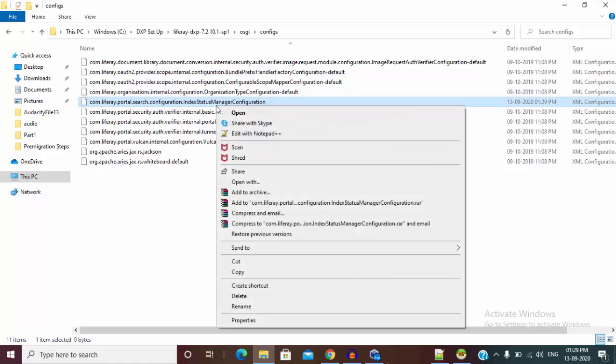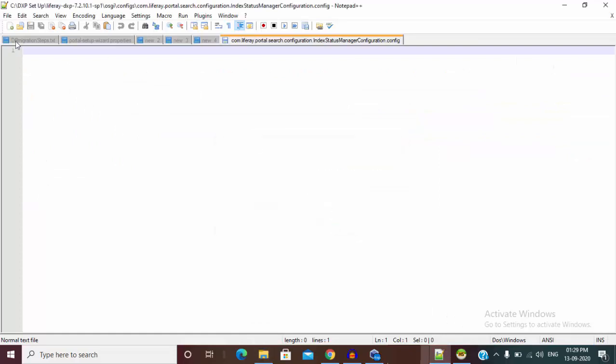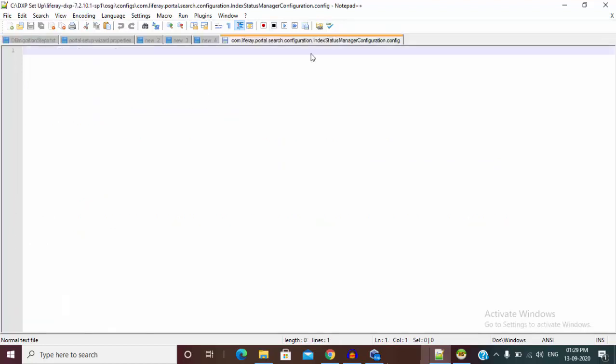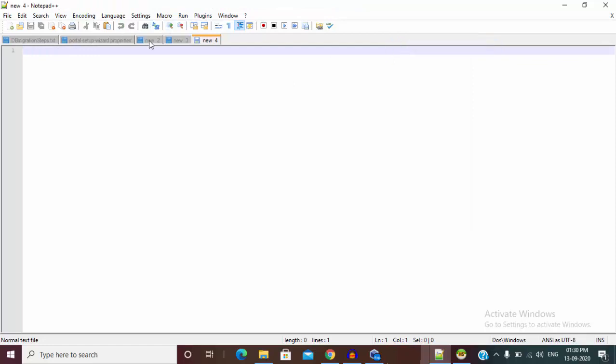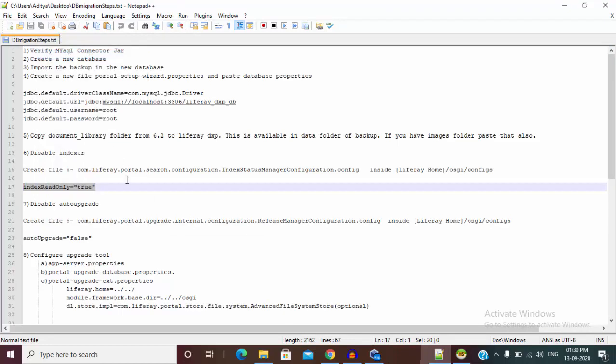So this is the file for the index status manager configuration. Let me open this, and inside this we need to write index read only true. So this is one of our files. Let me close all the others. So we successfully created this file.